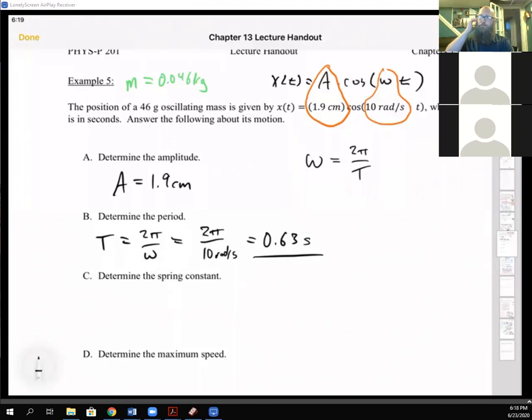Questions so far? Cool. So determine the spring constant. So for a mass on a spring, there is a natural frequency, right? If you just set the thing oscillating, it oscillates at a frequency that depends on both the